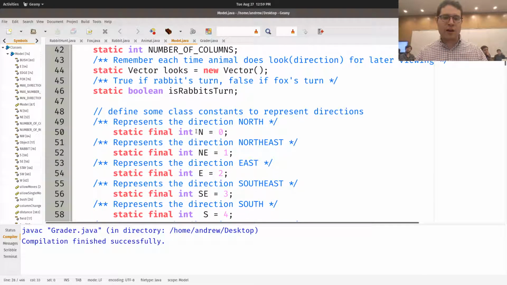Such as what direction you're in. So north is represented by 0, 1 is northeast, 2 is east, southeast is 3. But that's hard to remember, right? Remembering which number goes to which direction.